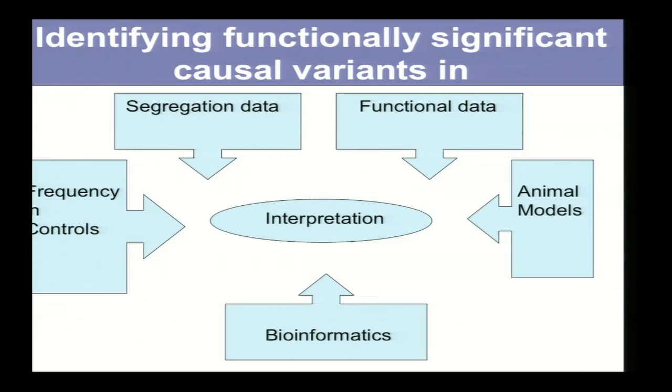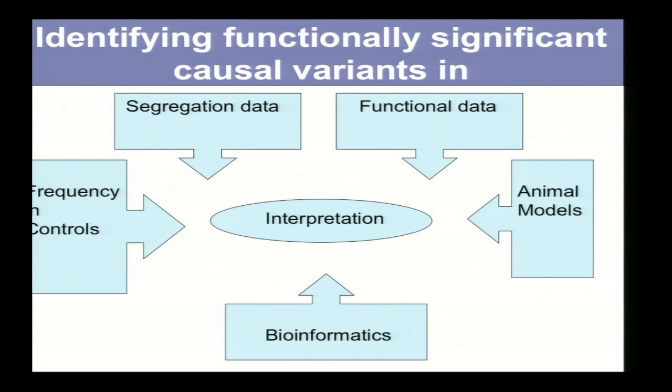I can look at segregation data, so at data within pedigrees, and see if there is support for this variant segregating within the pedigree. And that's actually a pretty good way to deal with it, but it only works for very highly penetrant alleles. It's not fully conclusive in some cases because of LD with a potentially undetected variant. And also, we may just not have large pedigrees. Many people don't, for many variants.